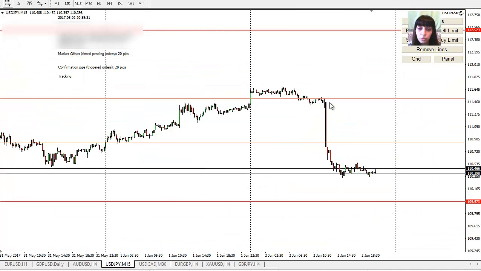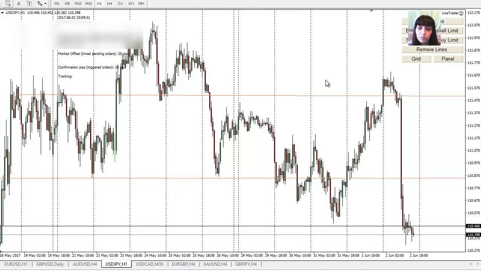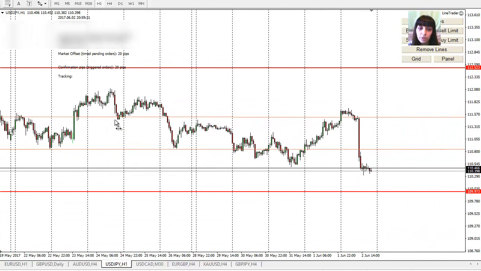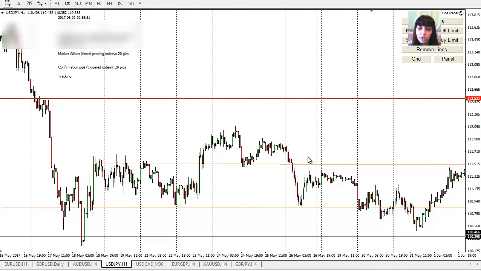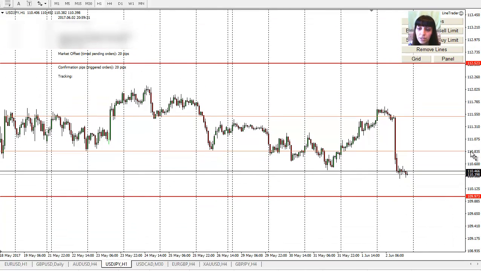Okay, now we're going to dollar yen, and dollar yen also had a good move. Previously it was in quite a wide channel, as you can see. It was sitting there for a while, and I actually had trades, just as I was saying, placing the pending orders. Actually, on Monday, when it created this nice little channel, I also placed orders here before the Asian session opened.